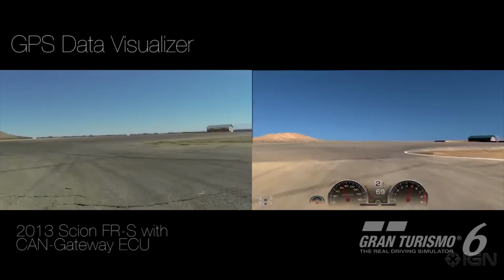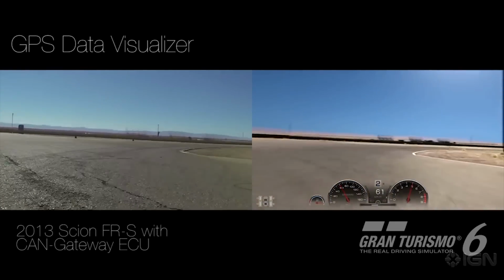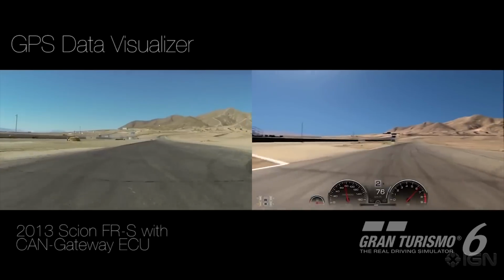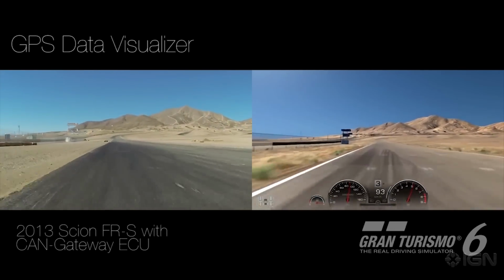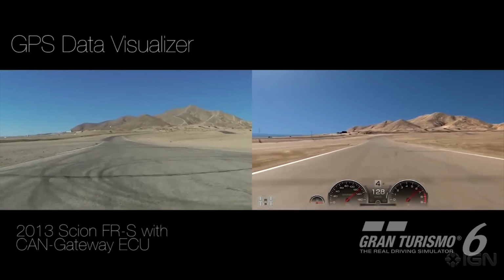Oh, Lord. GPS visualizer. So this is DLC that's coming later. And right now it's only for the Toyota Scion FRS, which is a fancy car. Not too fancy. People can buy it. I know Scions. I've heard of Scions. Okay. What does it do, though? You can put a USB stick